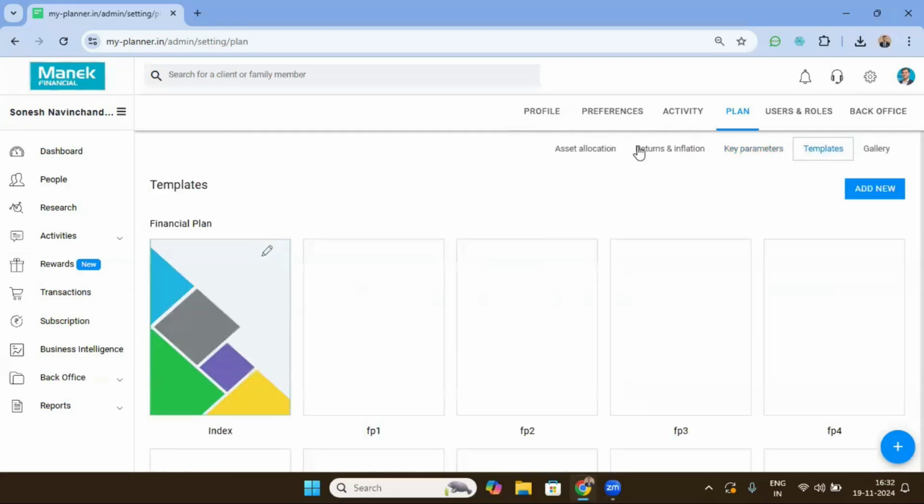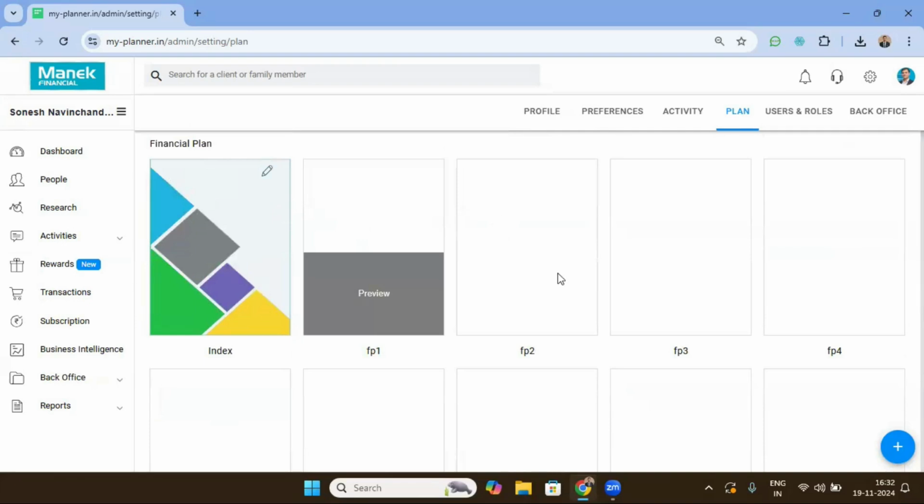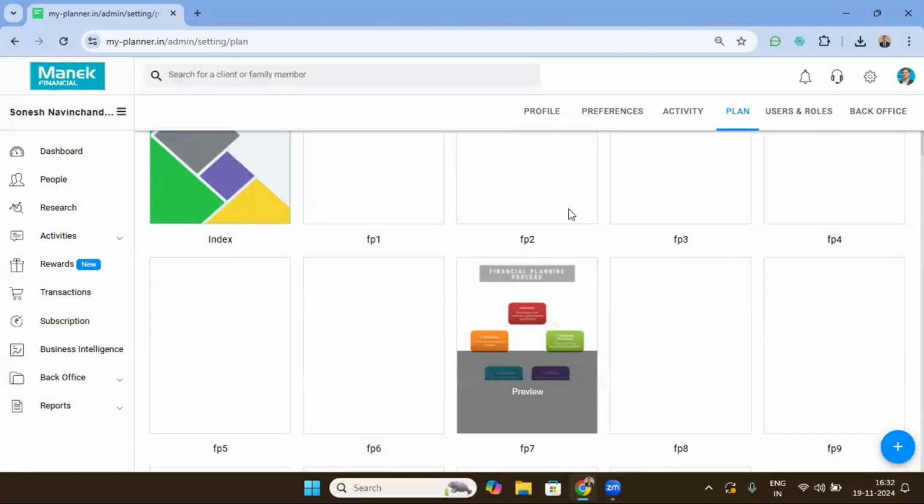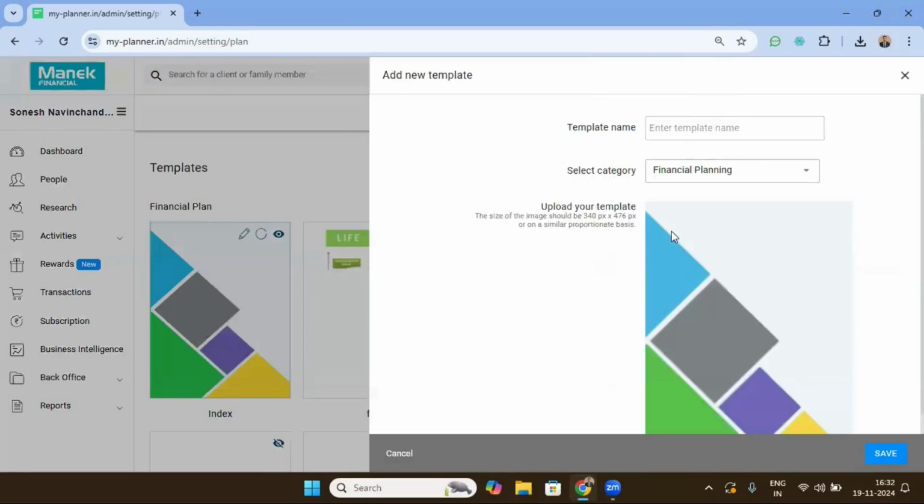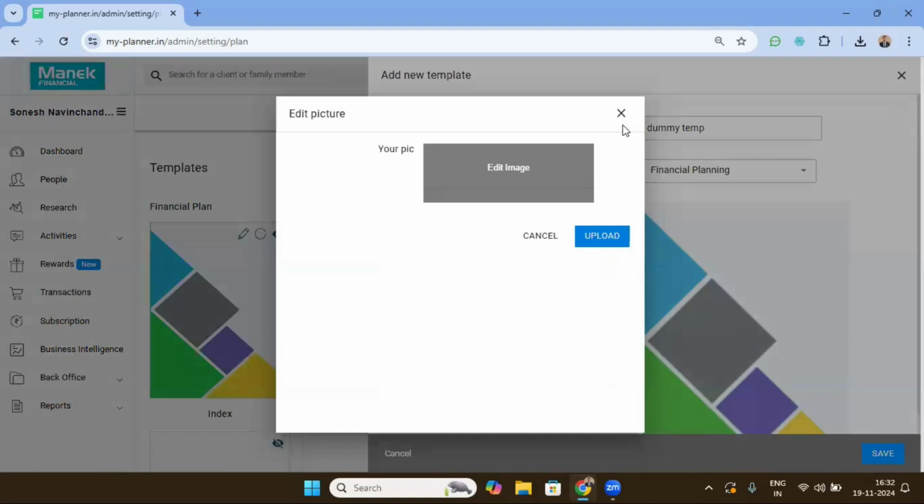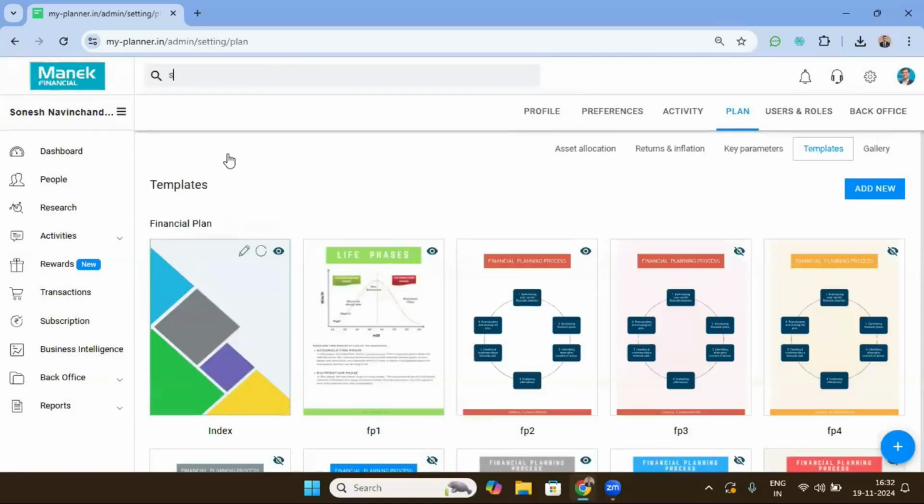Then templates is something that you can add. This is basically used when generating financial plans, where you have the option to add your own templates, which can be attached and appended at the end or the beginning of the PDF. You can also add your own templates. You just have to enter your name, let's say the template name, select which category you want to put it in, and upload the right image. And basically, this will also be available in your gallery while you create a financial plan. So yeah,